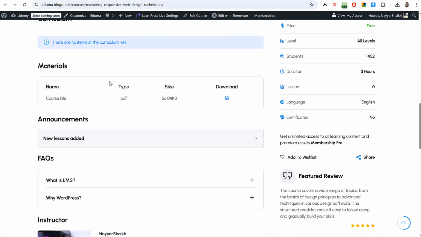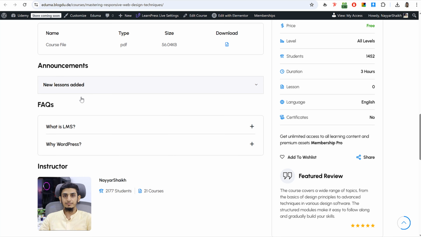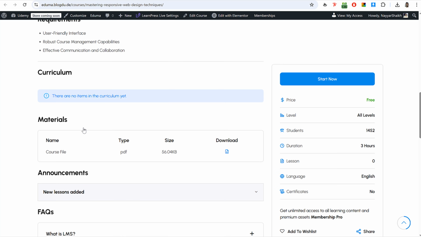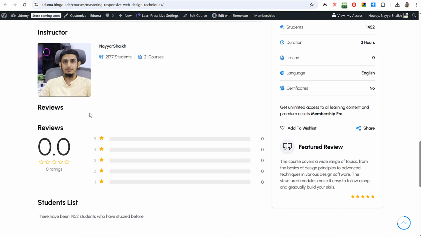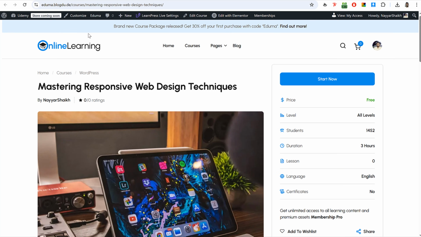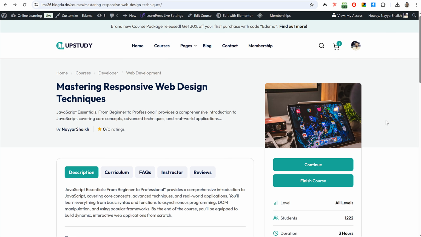Okay, no curriculum, but it will show the material, lessons for people who have enrolled in this course. They can see the announcements, they can see the material, everything will be shown like this. Now later on in the video, when we do the designing part, we'll change the designing to something like this,